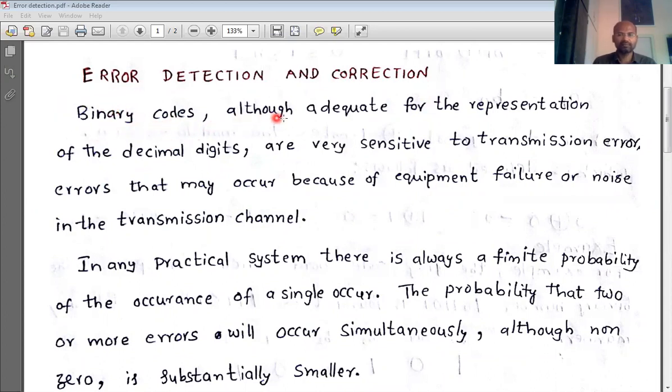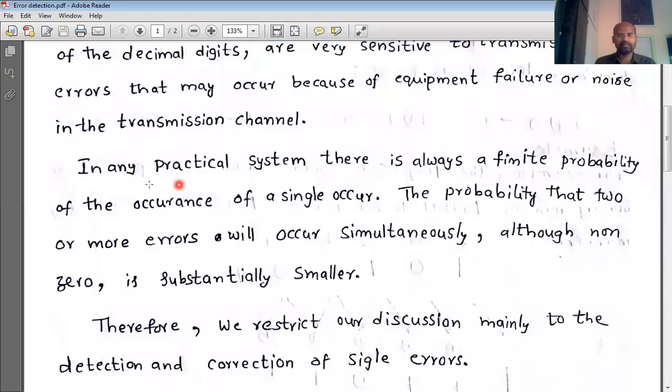Binary codes, although adequate for the representation of the decimal digits, are very sensitive to transmission error. Errors may occur because of equipment failure or noise in the channel. In any practical system, there is always a finite probability of the occurrence of a single bit error.